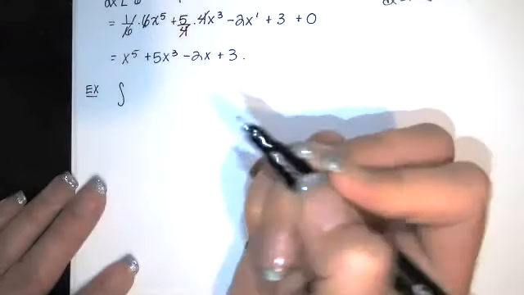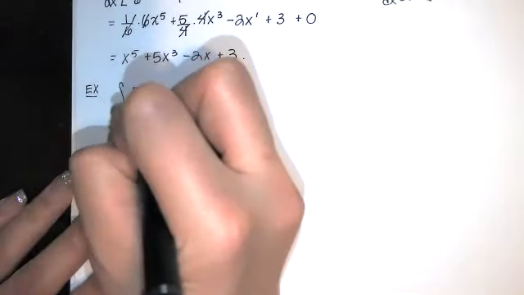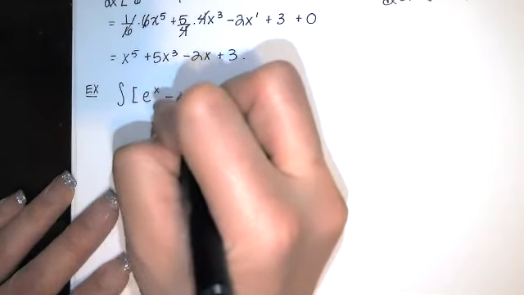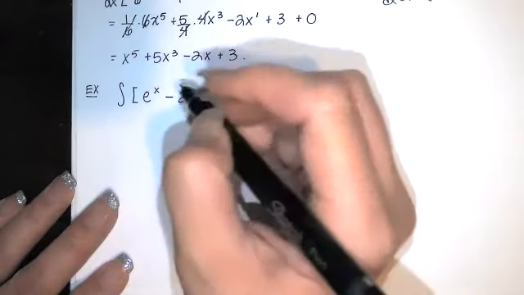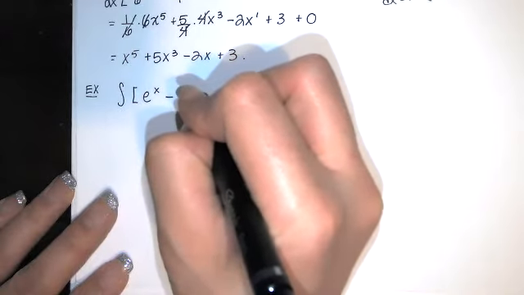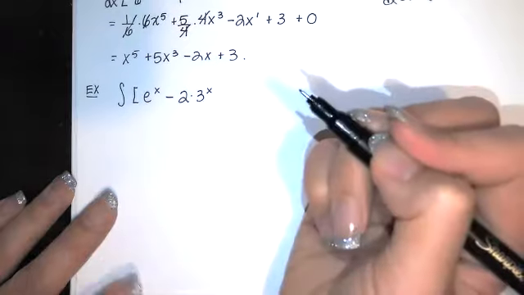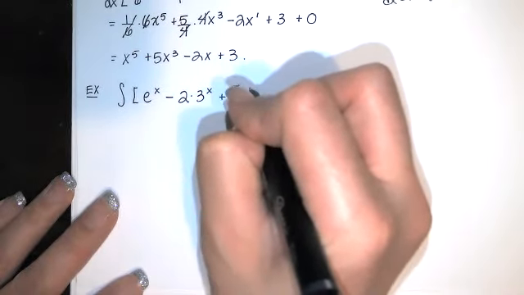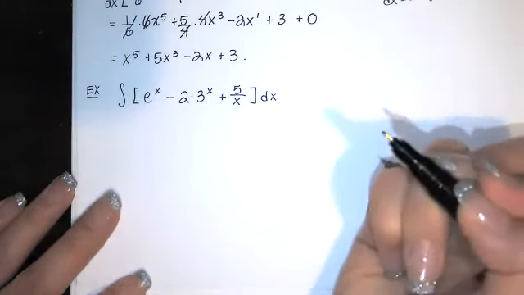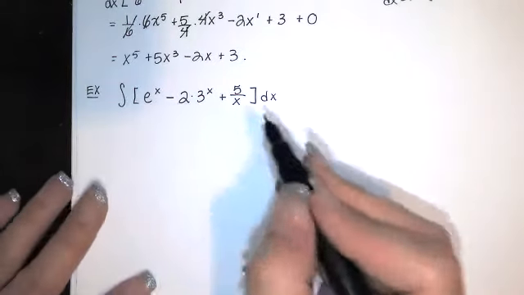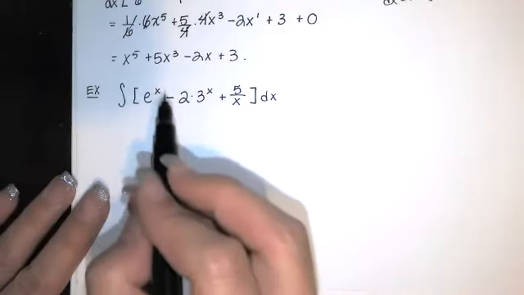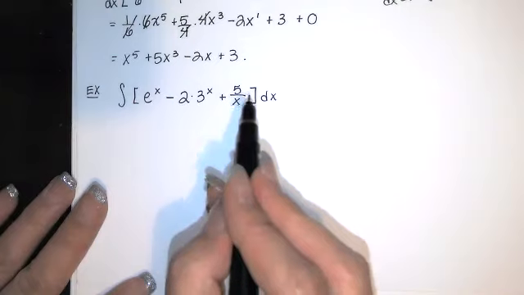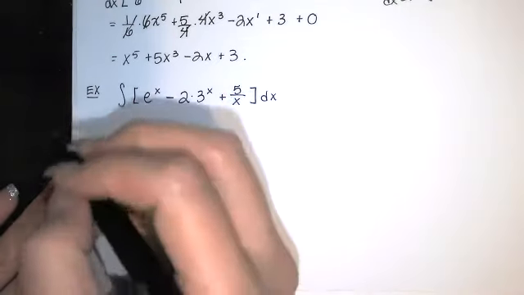Let's look at another one. Let's say you've got e to the x minus 2 times 3 to the x plus 5 over x dx. Now this one doesn't quite look like our rules. That one looks like one of our rules. That one looks like one of our rules. This one doesn't though. So I might want to rewrite this first